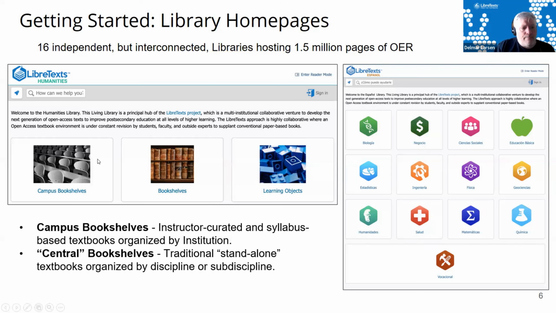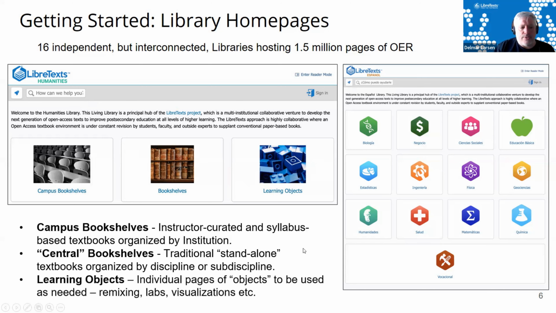So those are books or collections of pages that are organized, right? Books. Learning objects are where we actually host materials that are separate from books. Oftentimes there are many little repositories like laboratories, wet labs, dry labs, if you're using chemistry, or visualizations or simulations or other things like that. You can think of it as a repository that you can come in and grab and use those learning objects as necessary in order to flesh out your book.